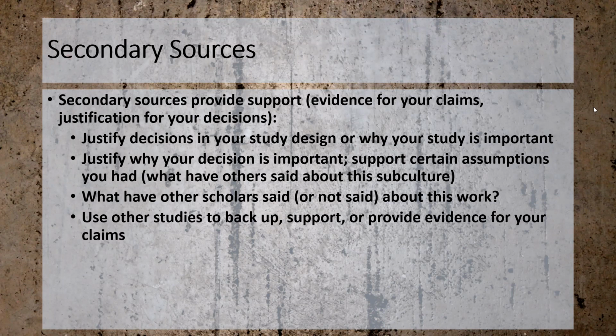I'll take a moment and remind you, college level writing is not just about having a thesis and making an argument. College level writing is about entering the scholarly discourse, which means you are always responding to what others have said. You are either building off of what they've said or arguing against it or adjusting or tweaking what they've said, right? And this is one way. Secondary sources are useful to say, here's what other people have said, and then here's how I'm responding. So that provides context for your own work.